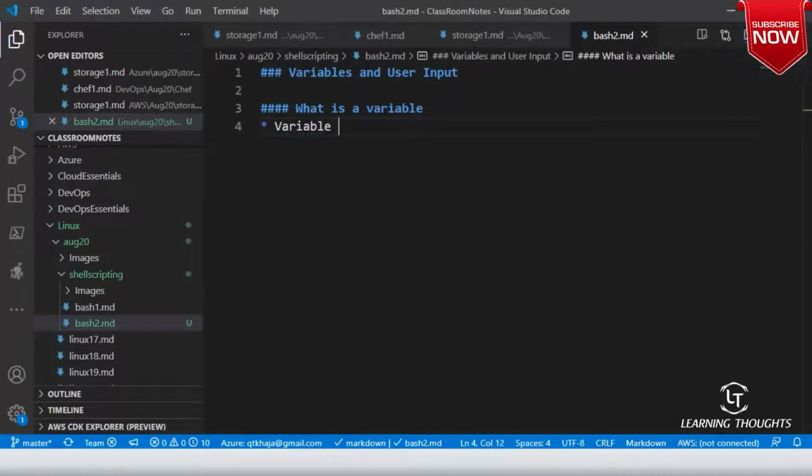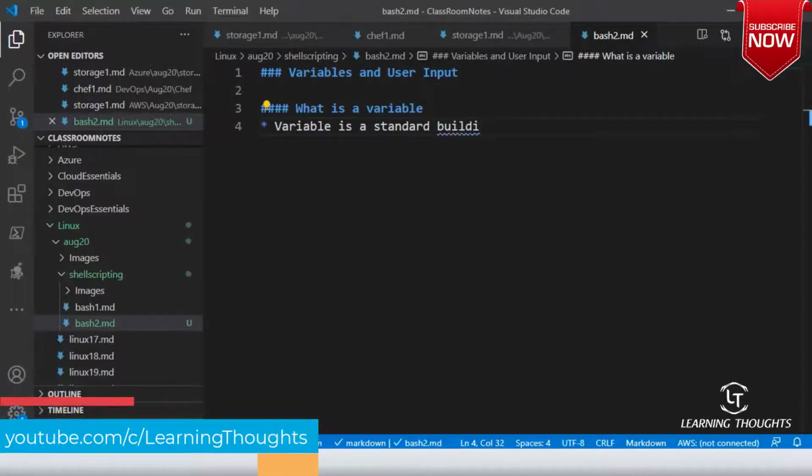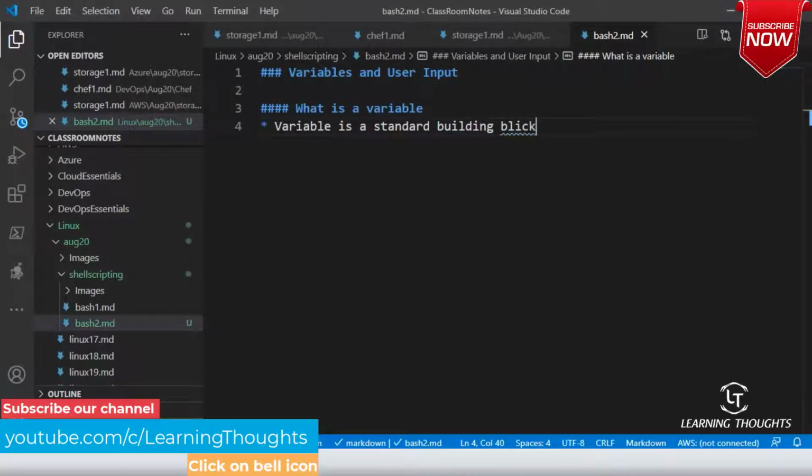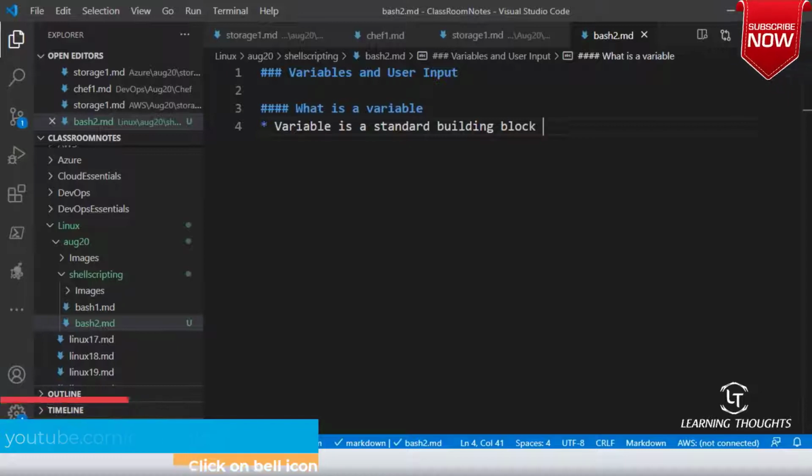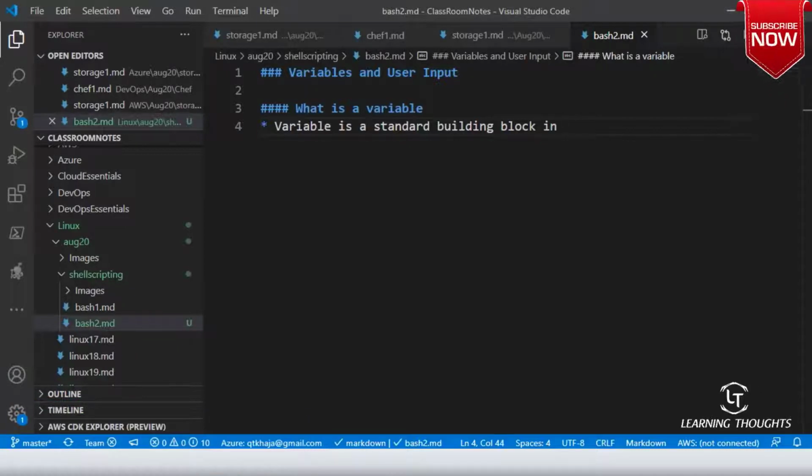A variable is a standard building block in almost all scripting languages.